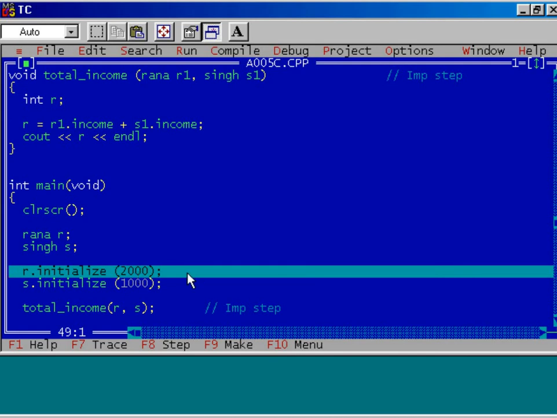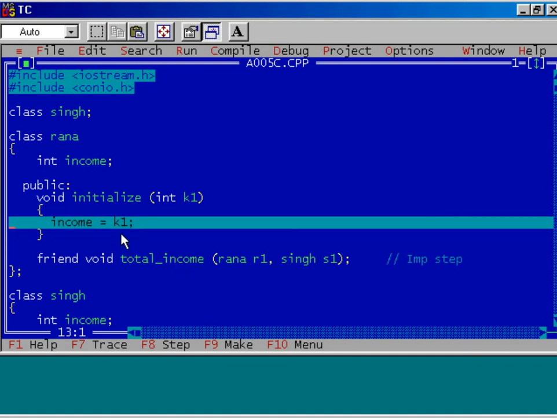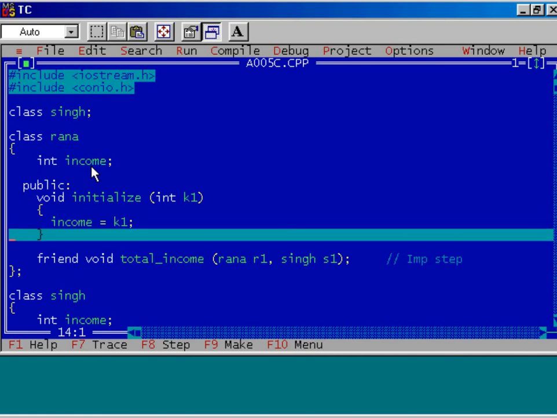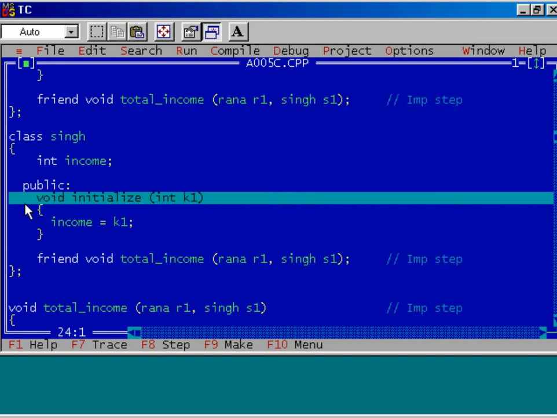I am passing the value 2000 through this function initialize. Press F7 key. It will be assigned to the data member income of the object R. After that, I want to initialize the data member income of the object S, which is an instance of class Singh, using the value 1000. Press F7 key. I am initializing the data member income of the class Singh, that is object S.